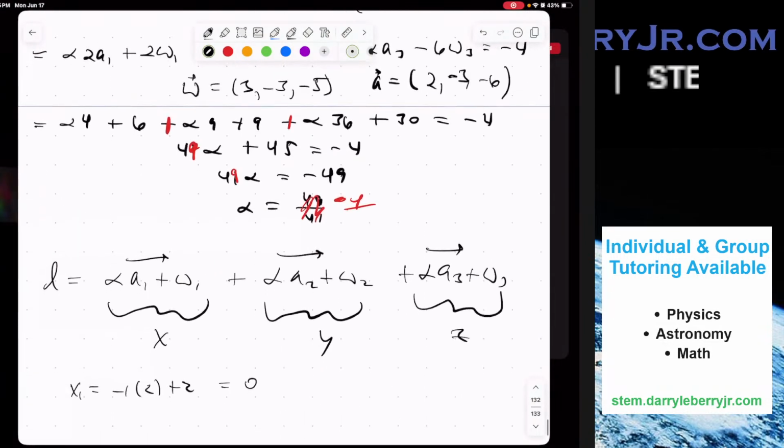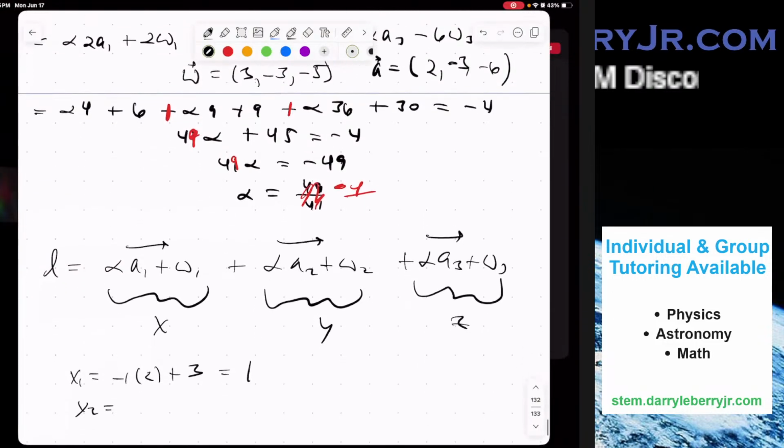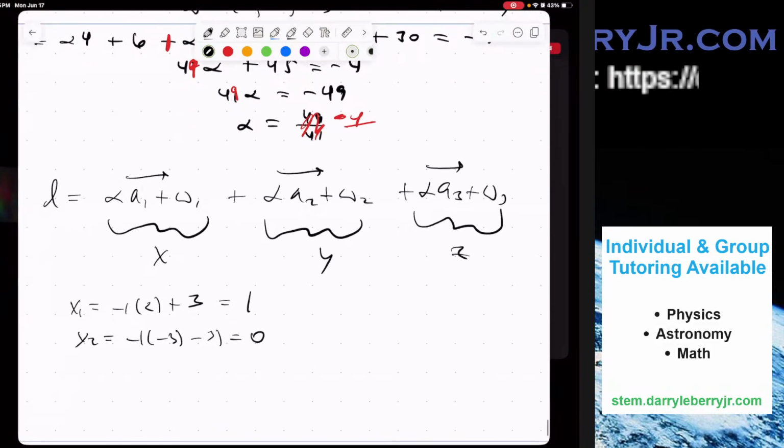Yep, it's supposed to be a 3. It is equal to 1. x2 equals -1, -3, -3. So that is 0. And x3 equals